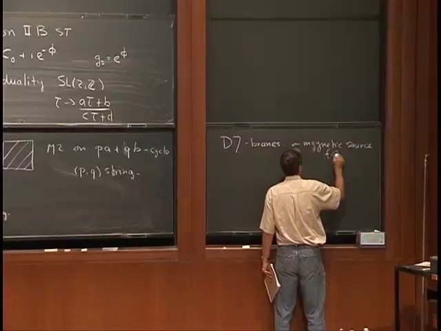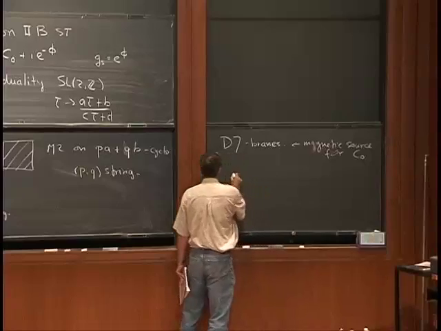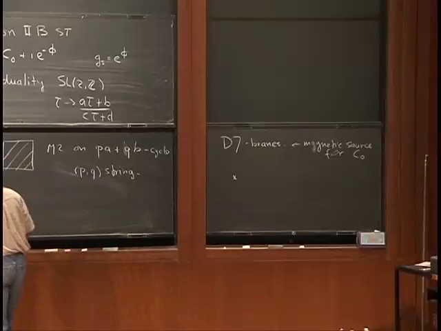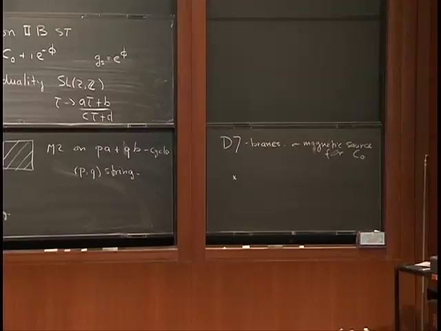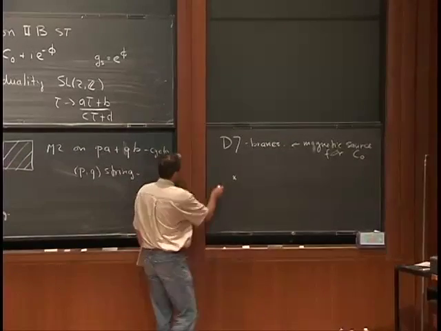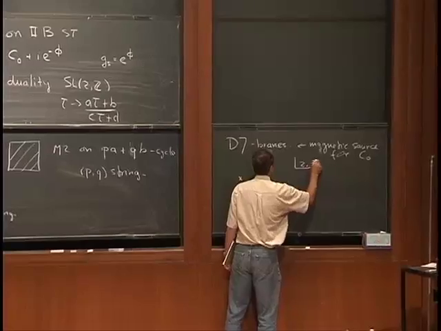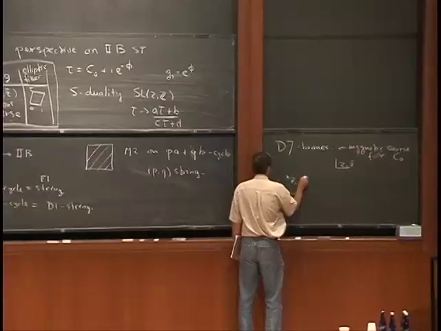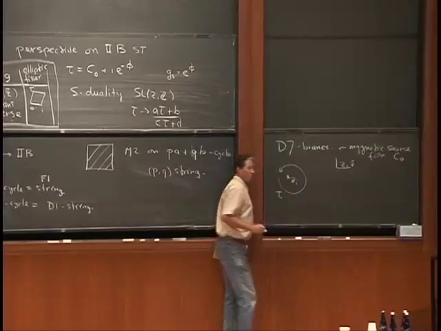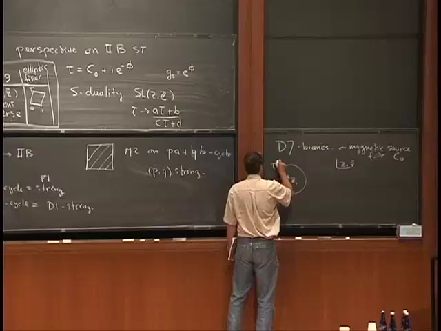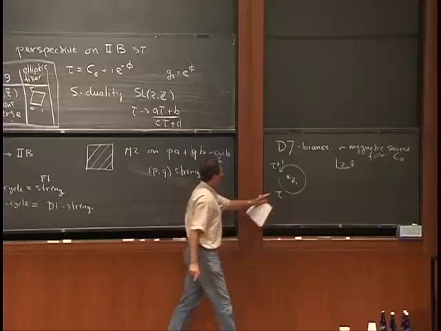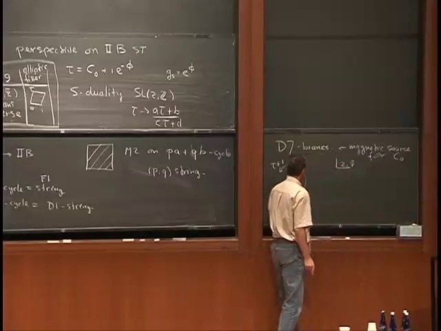source for this C_0 field, meaning that if I put a 7-brane somewhere here, and by the way, if I put a 7-brane on my blackboard, the blackboard in most cases will correspond to this transverse plane, the z, z-bar plane. So here, this is the z, z-bar plane, and at some location z_i, I put a D7-brane. So if I go around that 7-brane and I keep track of this parameter tau, it will not come back to itself. It will actually pick up a unit of flux in a unit period in the C_0 direction